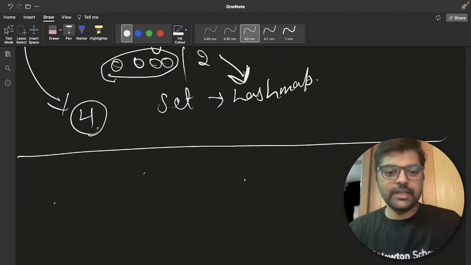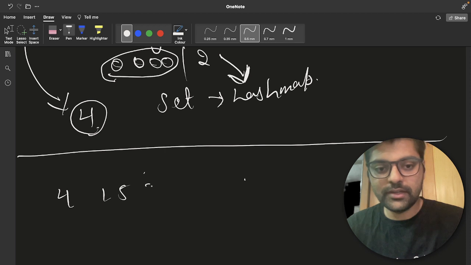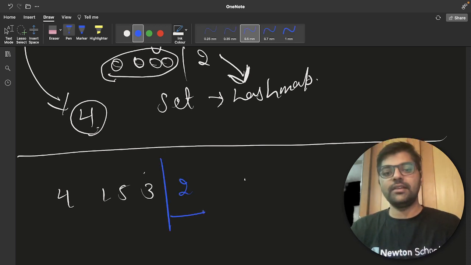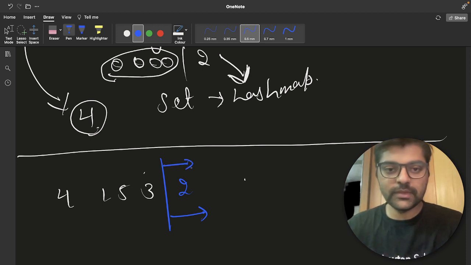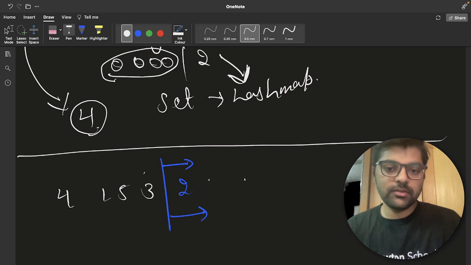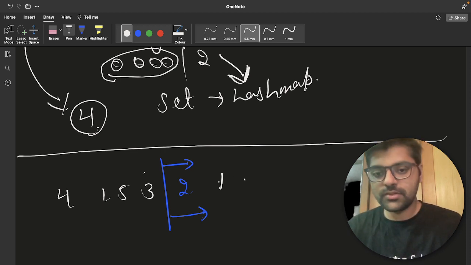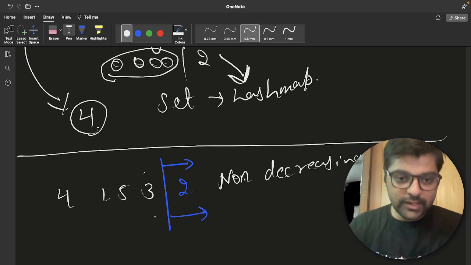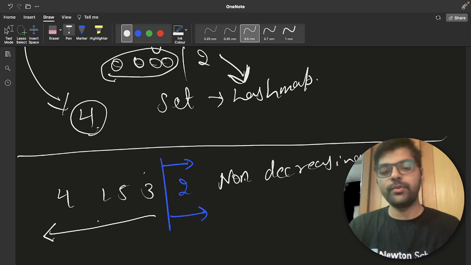So let's say 4 1 5 3 and there was 2. So what we will have to check is that this element is non-decreasing, and any element present on the left side must not be on the right side.